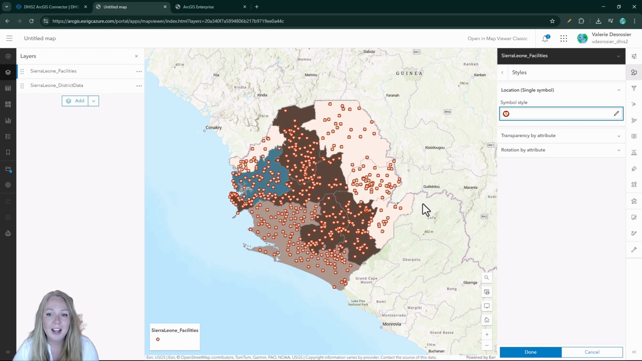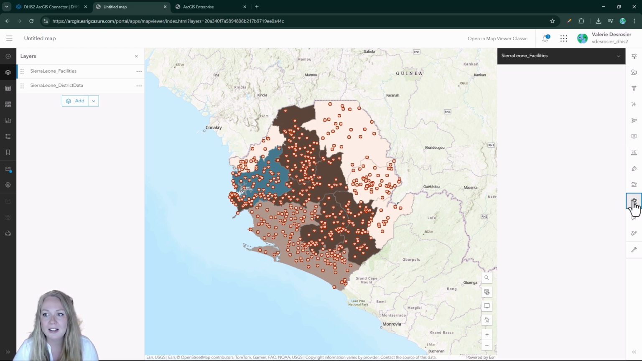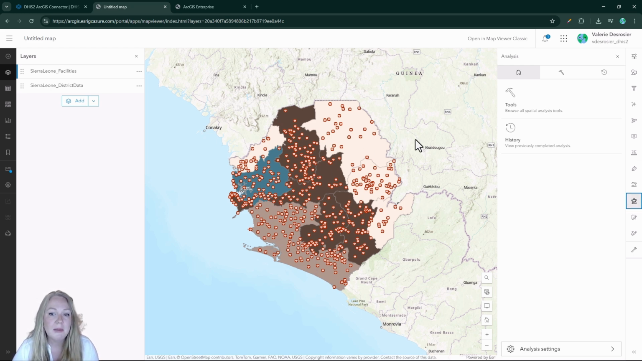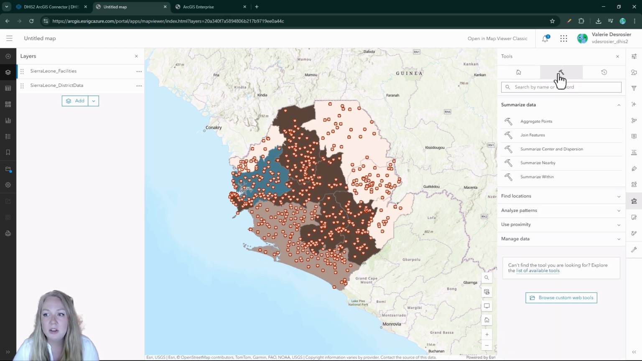In the map viewer, I can also go ahead and perform analytics. This is if I wanted to maybe determine where there were hotspots of certain diseases or certain hotspots for where there were more clinics versus others. I could also use things like buffers or distance analysis to determine how far it was to get to these particular hospitals. I can then go ahead and save my map